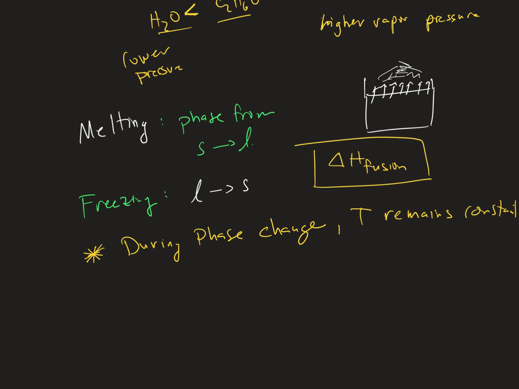And we kind of dealt with this last unit, but the enthalpy heat of fusion definition, let's just define that right now, is the amount of heat required to melt